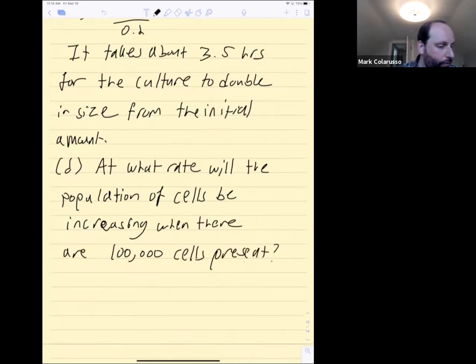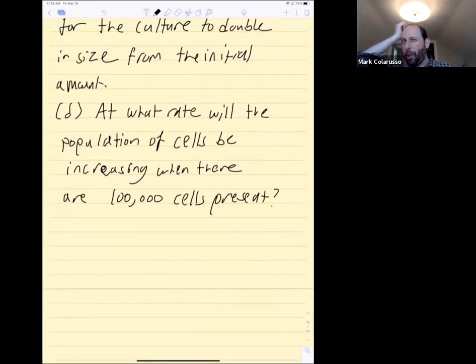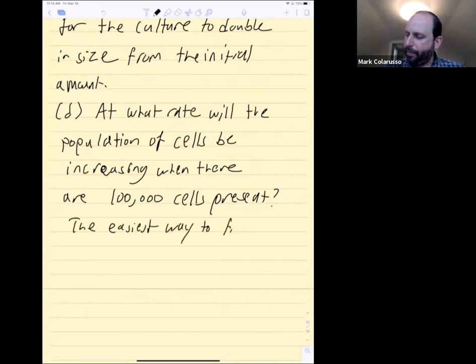Okay, well, you have to think a little bit more carefully about this, because there are different ways to do this, but you could make this much harder than need be. So the easiest way to figure this out